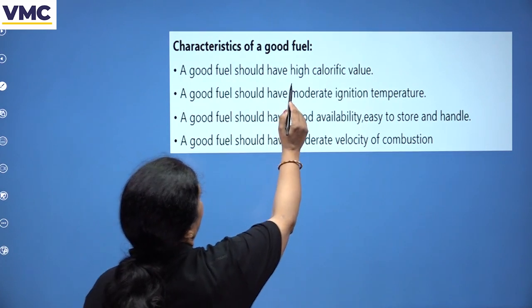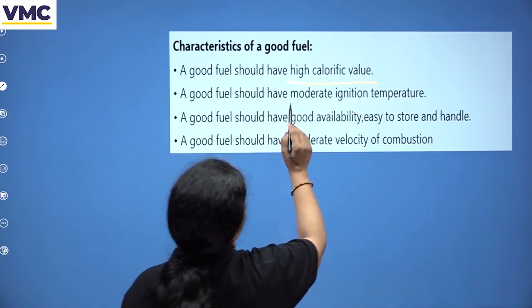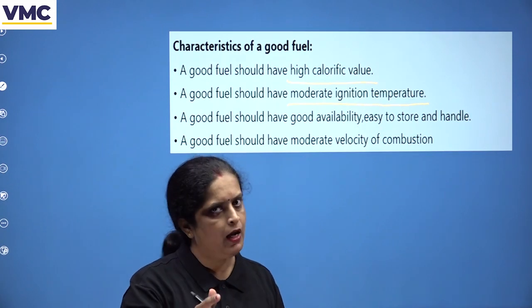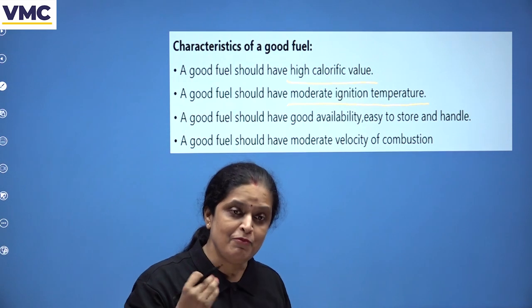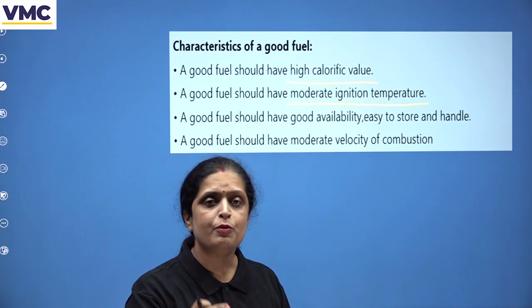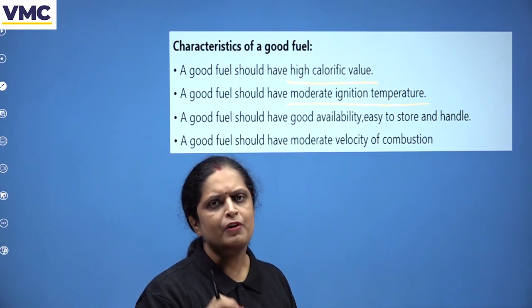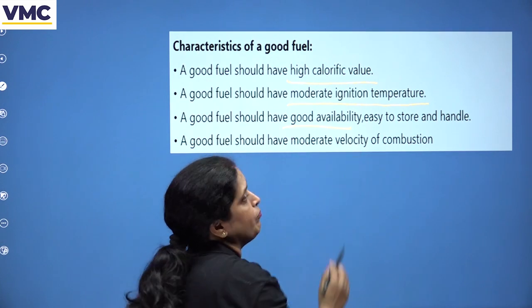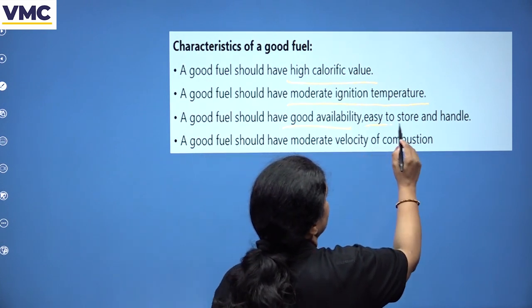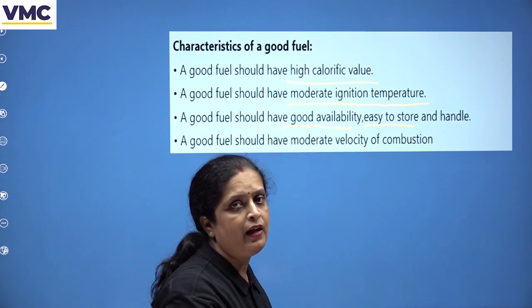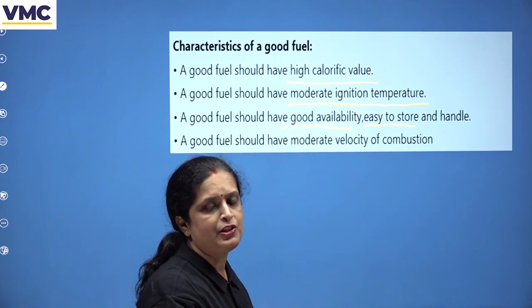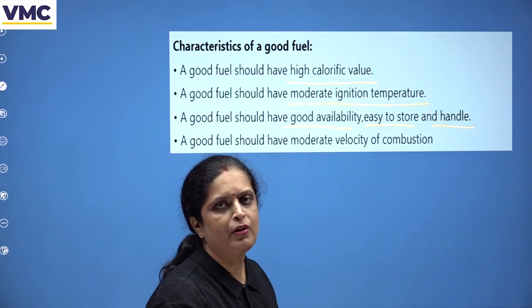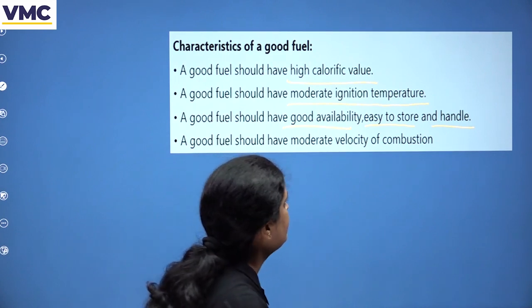Right? A good fuel should have high calorific value. It should have moderate ignition temperature. What do you mean by moderate ignition temperature? मतलब मर्जी से ना जले और जब हम चाहें कि वो combustion शुरू हो, it should be able to start with a little amount of heat, right? It should have good availability. आराम से मिलना चाहिए, easy to store. जैसे आपके घर में LPG सिलेंडर आते हैं, सिलेंडर्स में आ जाते हैं और मम्मी उनको किचन में रखवा लेती है, right? And handle. It is easy to handle because she can easily switch on and off the stove.